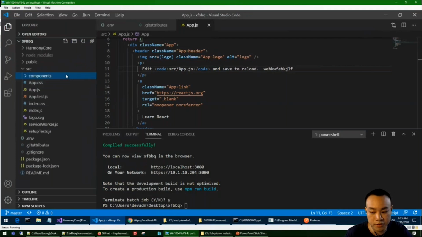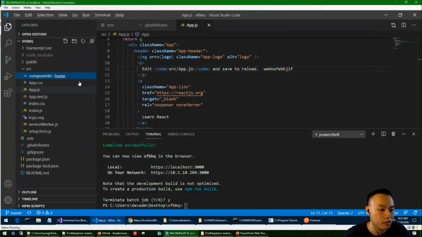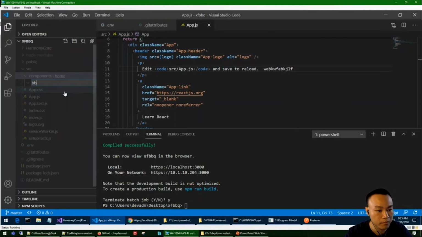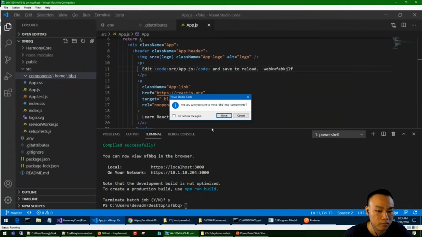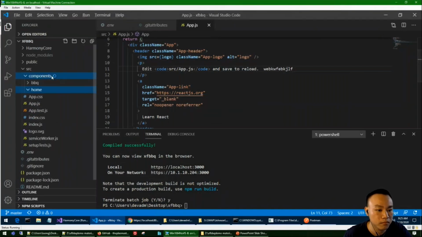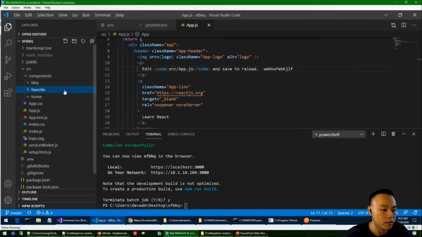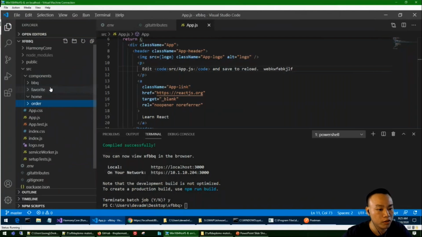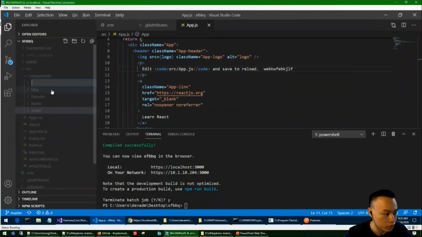Inside components, I'm going to create a couple of folders as well. We have a home folder, a folder, and user.